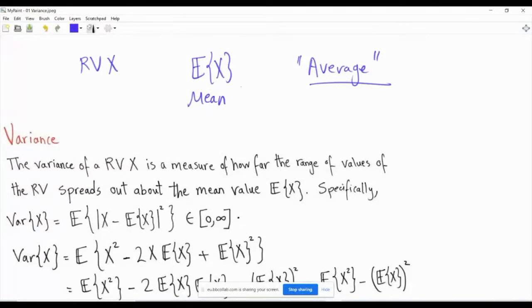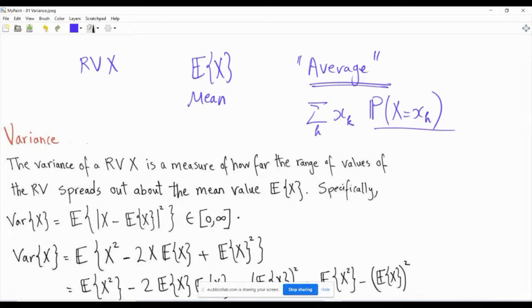And for discrete random variables, this is computed as summation over k, and you take, which is why I'm saying average, the possible values of the random variable and you weight each value by its probability. Okay, so for discrete random variables, this will be the PMF, and this will be the first moment or the mean.